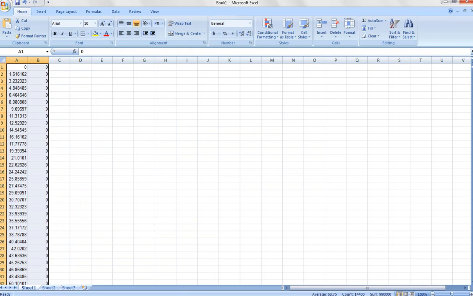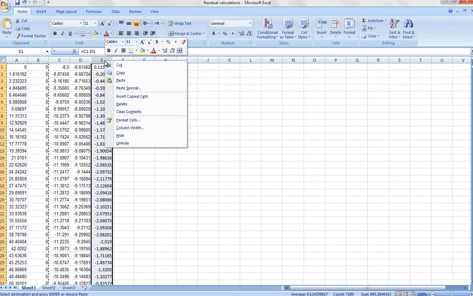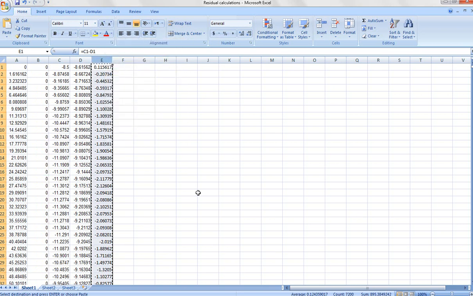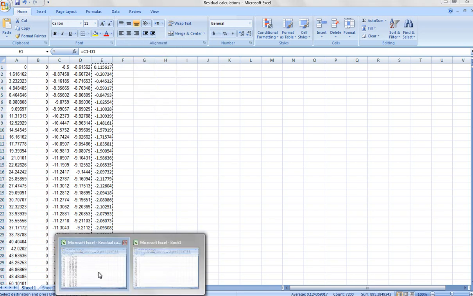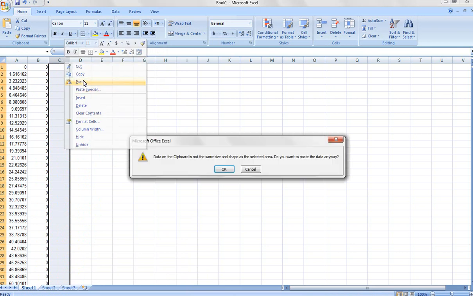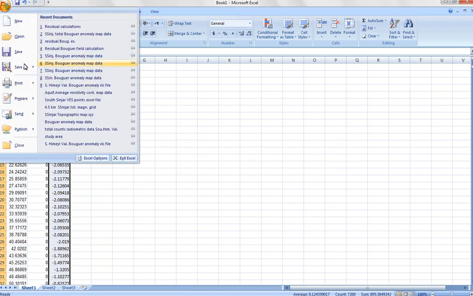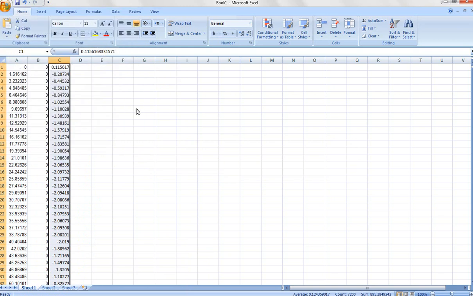Then take the calculated residual values and paste them in column C. Then we save this file also inside the yellow folder, which includes all the data analysis of the gravity,